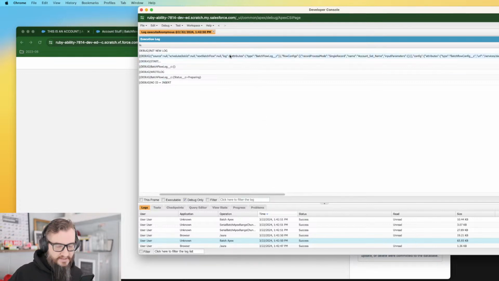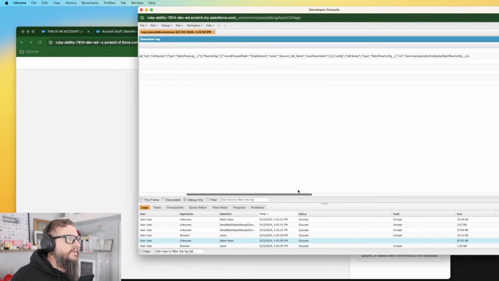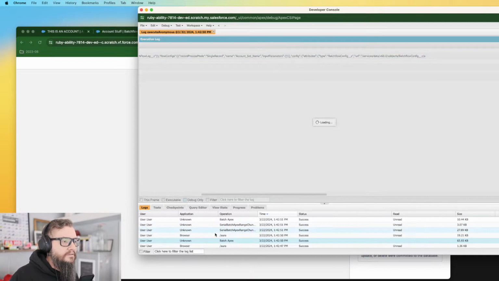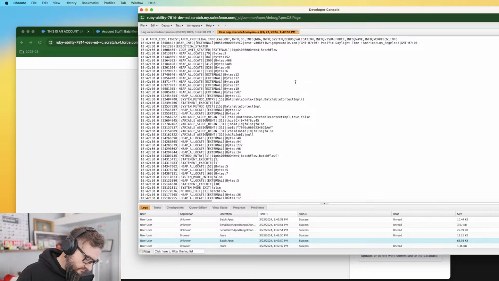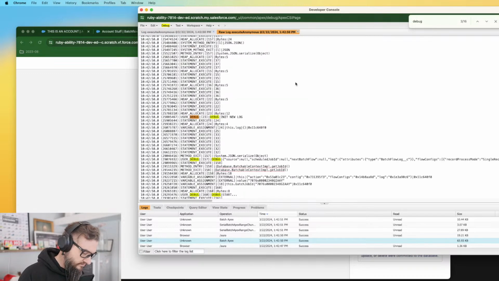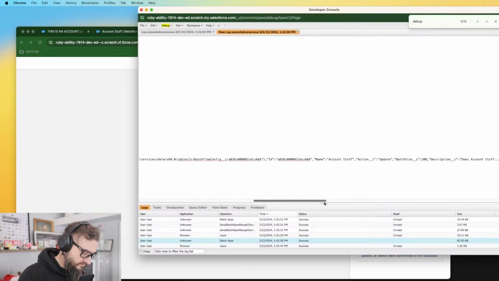Oh, wait, no, that is, okay, that's the log property. Flow configs, config, it knows about that. Why is it not writing the rest of it? I'll open the raw. It knows everything about